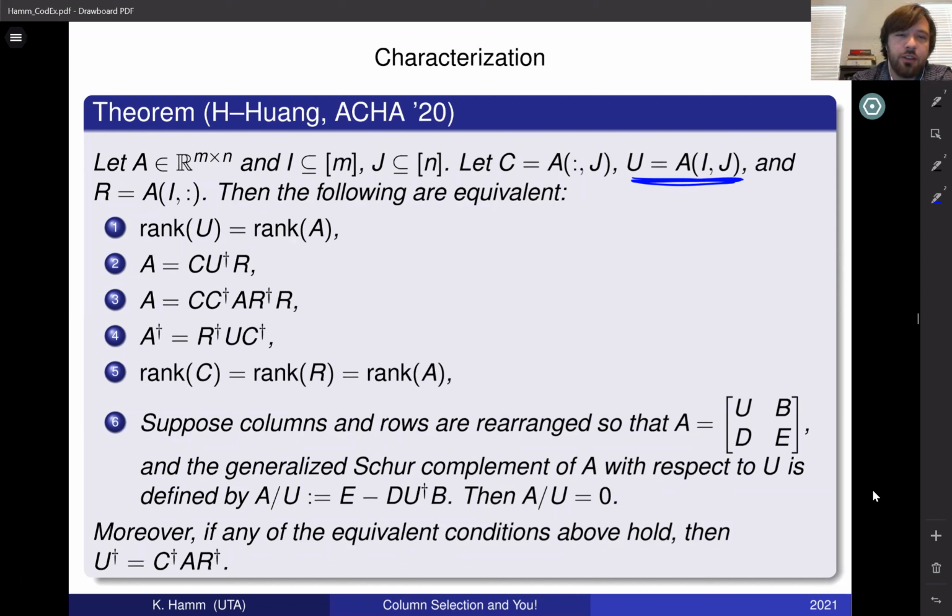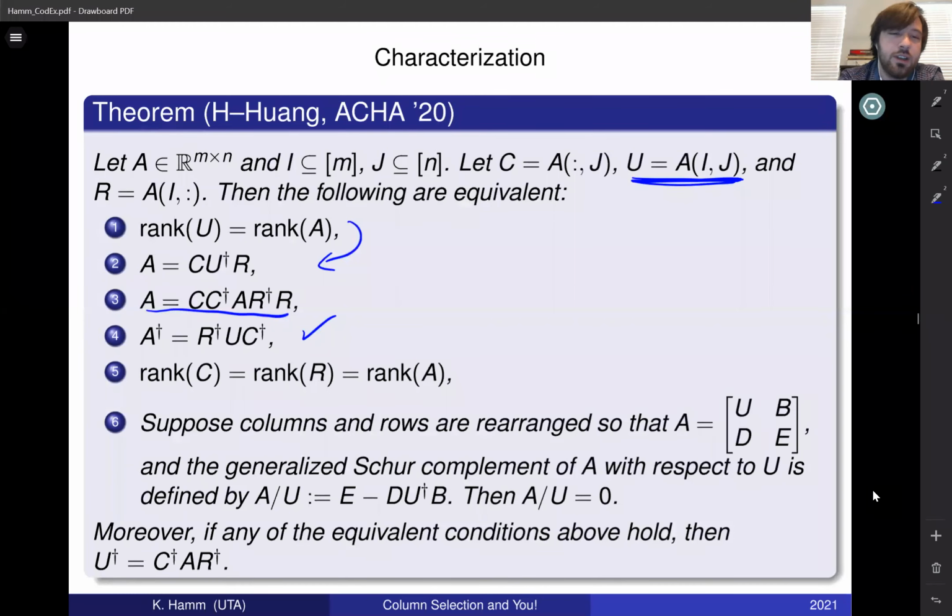So the folklore theorem was 1 implies 2, as I showed you before. It turns out those are equivalent, and equivalent to A being equal to this projection-based decomposition. Some of the more interesting ones: if you're careful, you'll remember that pseudo inverses don't act like inverses in this way. So it's not obvious that 2 and 4 should be equivalent, and in general they're not, but in this case